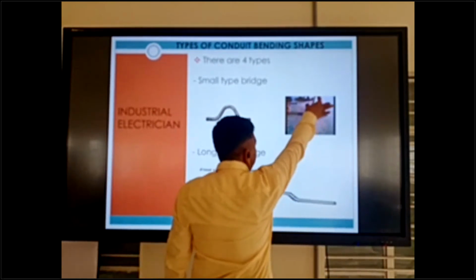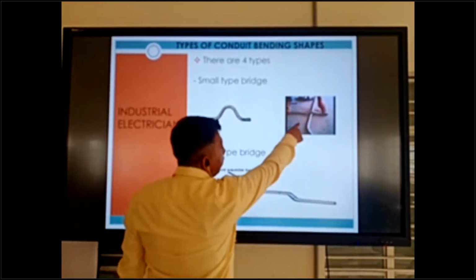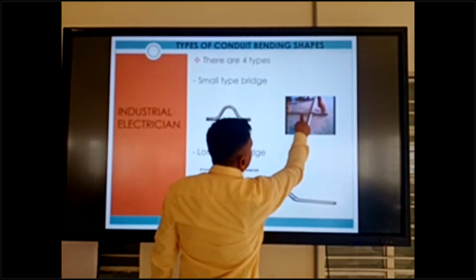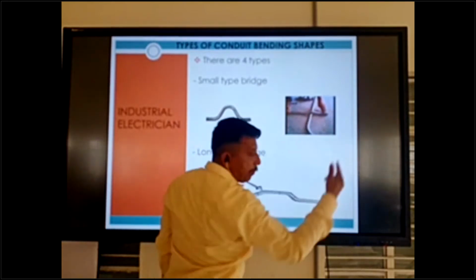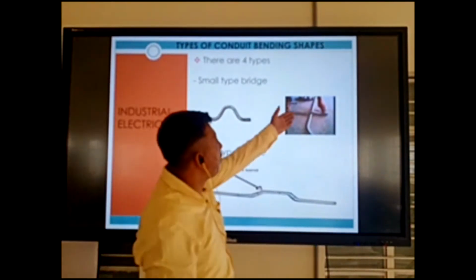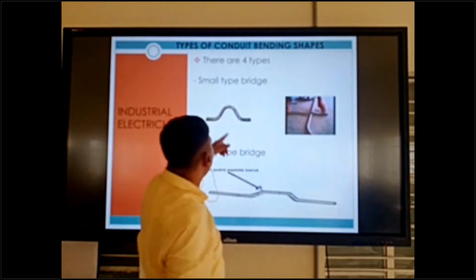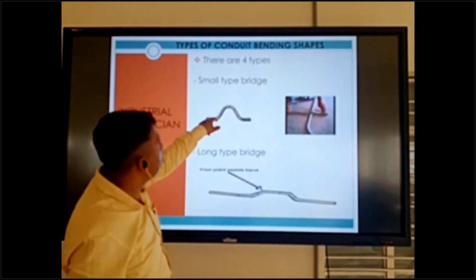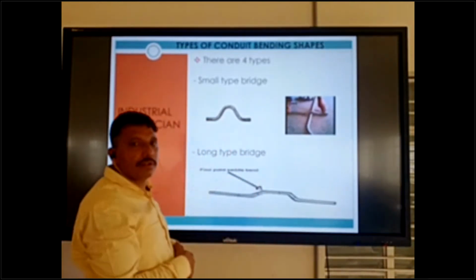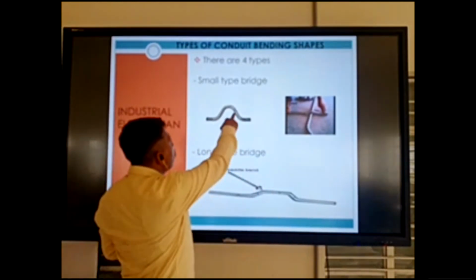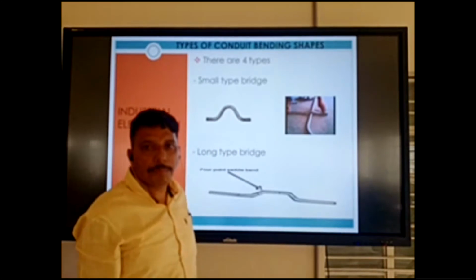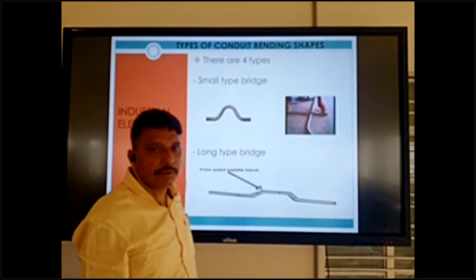You can see in this picture a straight pipe coming here, and you can cross over it and jump the pipe to the other side. When there is only one pipe, you can use the small type bridge.